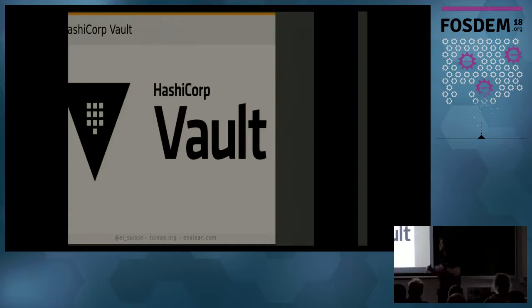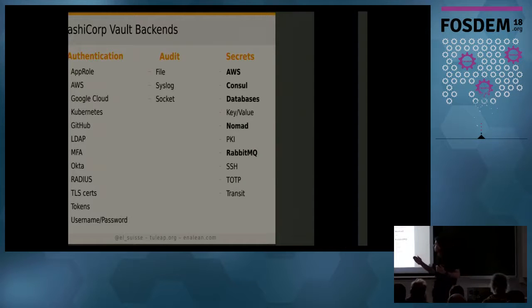So basically, with our SaaS product, we are relying on HashiCorp Vault to do all the secret management. HashiCorp Vault is a really nice tool that allows you to generate and store secrets, and comes with a lot of things like audit capabilities. Every operation you do on Vault is logged, and you have the possibility to do really strict access control. It integrates really easily with all your infrastructure.